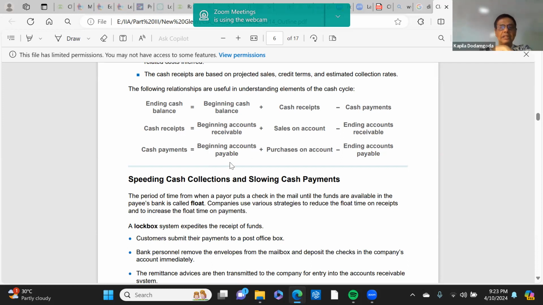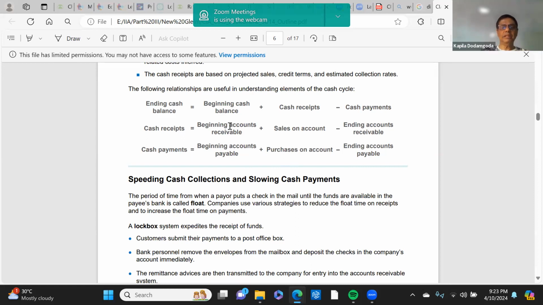On the other hand, say you have payable to your suppliers, plus on top of that, how much more you have purchased on credit. From that total amount, minus the amount of payables at the end of the period, that balance is the amount that you have paid. So in terms of cash, receivables, and payments, these three equations are self-explanatory, and even if you don't remember them as equations, obviously you use this relationship, but is that clear?